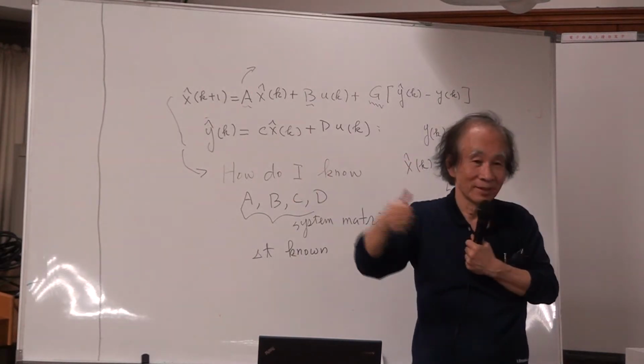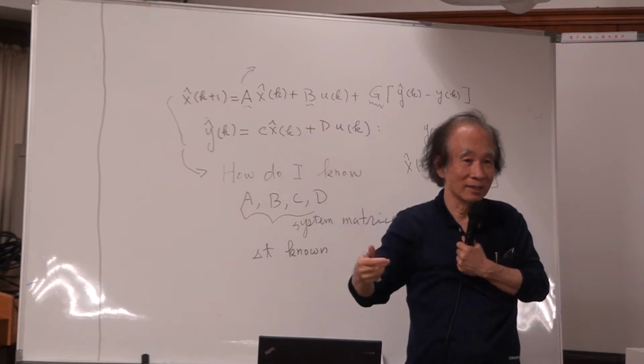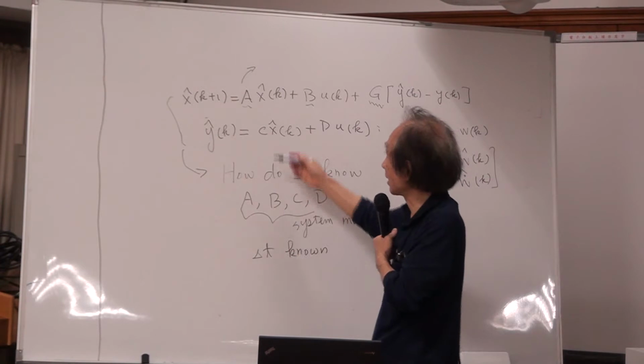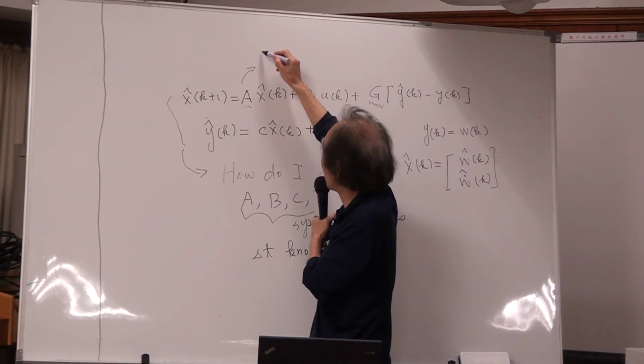For this problem, I have Newton's law. I have a spring, and I know the spring constant K. And I know my mass. I know my spring constant K, so I can compute this A, because I compute it from K,